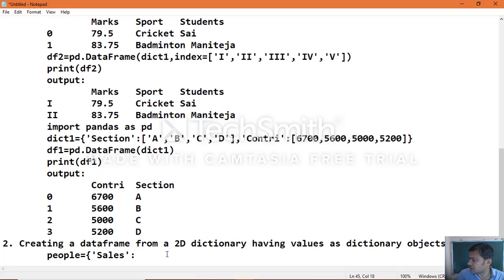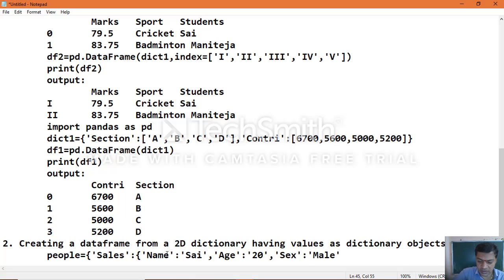Within sales you can represent an inner dictionary, saying name, key value like that, comma, age, the value of age, the same way gender, male or female.